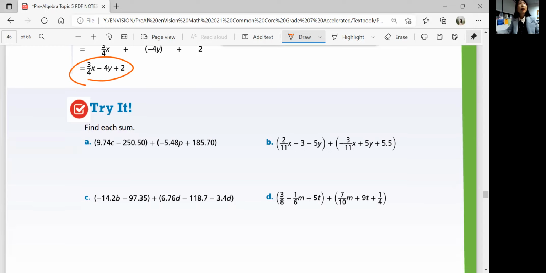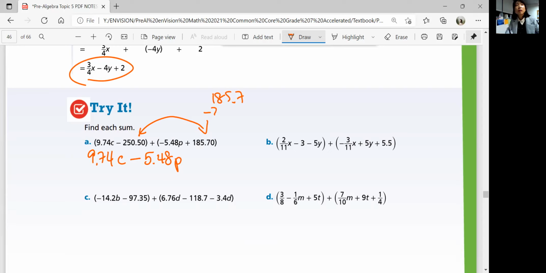Okay, part A. So grouping like terms. You have C term just by itself and P term just by itself. You just have the constants to be able to add, right? So 9.74C just stays the same. And that plus negative becomes just minus 5.48P. And then you add the like terms,